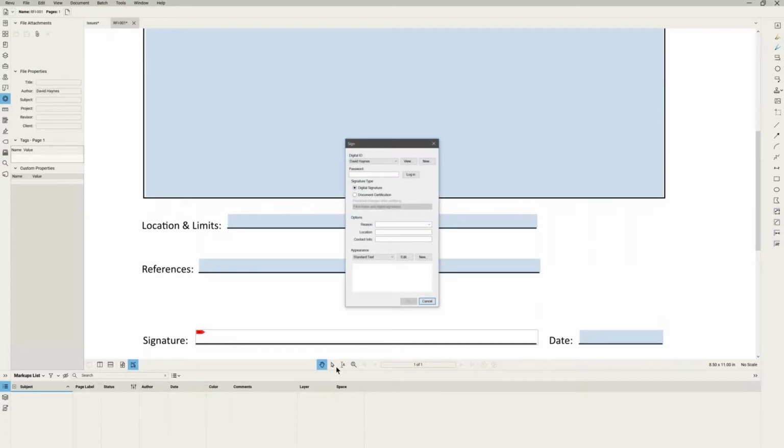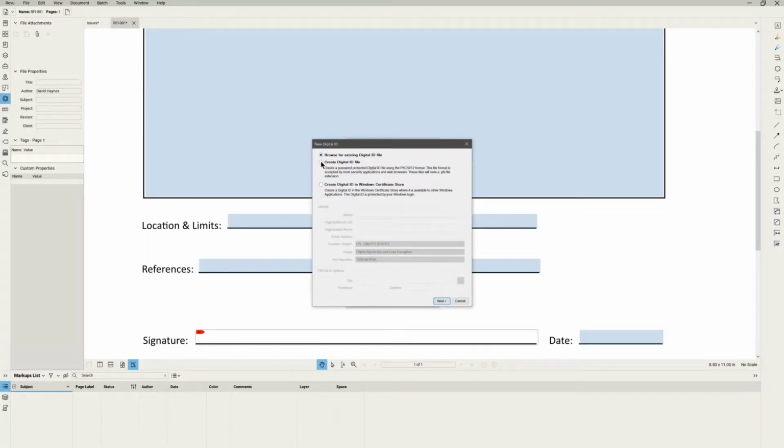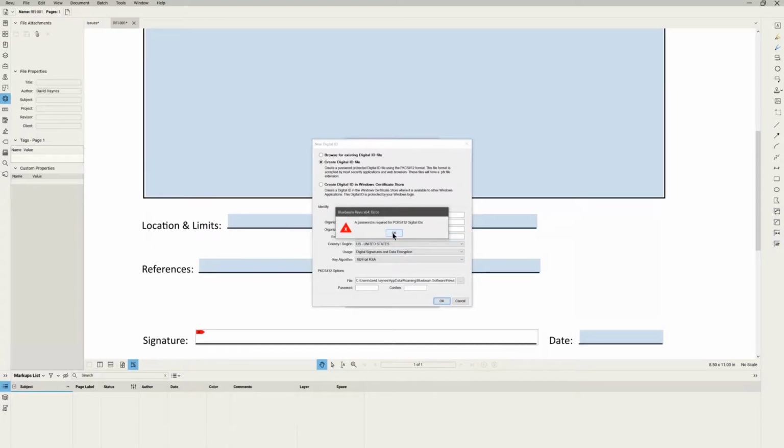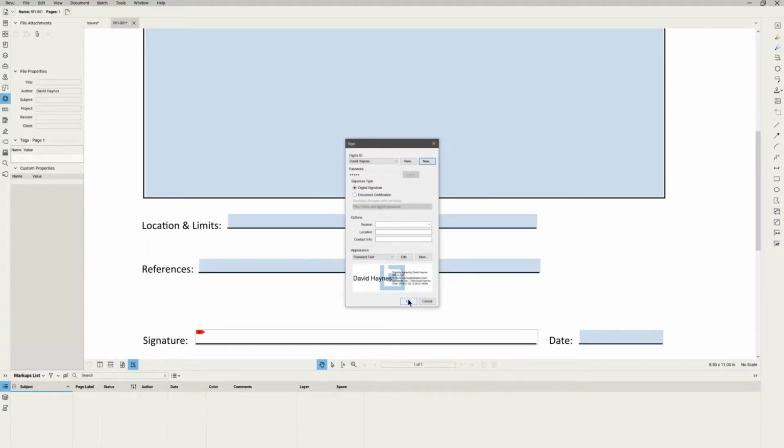But when I click right here, it brings up this signing. So it works off of digital signatures, and I've created one, but let me just show you how a new one might be created. So I just hit new, and I can browse for existing, or I can create a new one. So here I would just add my name, and then I could add my email address here too. All right. To get the highest level of security, you're going to need a password. And now when I say okay,